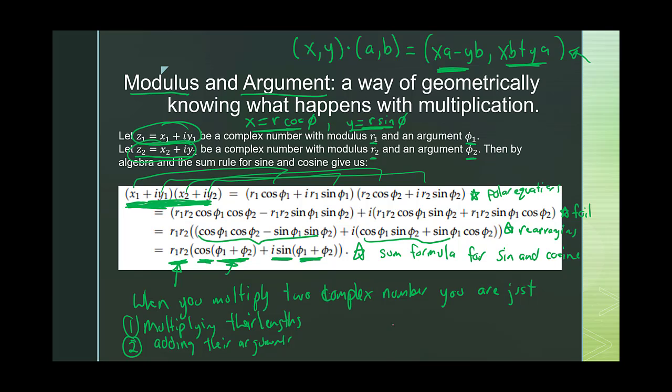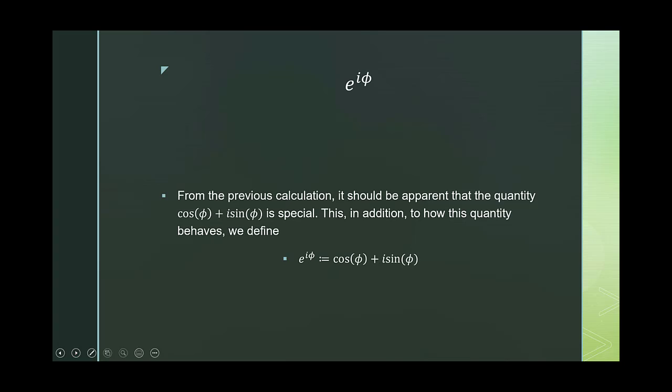And actually, this expression, cosine of phi plus I sine of phi, appears a lot in complex analysis. And so we actually give it a special name, e to the I phi. Okay, so cosine of phi plus I sine of phi, we're going to denote that by e to the I phi. Now, when you look at this, you might be like, it's an exponential function? Where the heck did that come from? So I just want to put a little note here. Note, this is purely notational at this point.